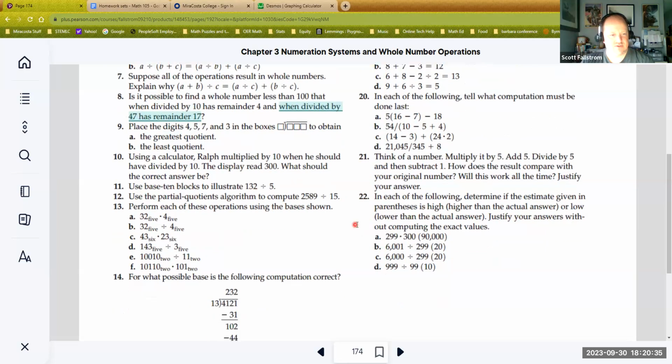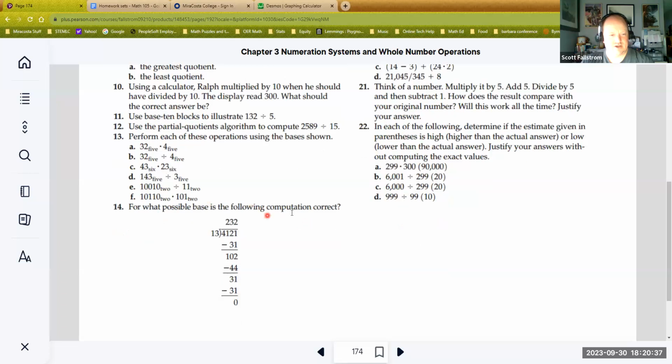Let's see here. What else do we have? What possible base is this? Oh, what a great question. So if you did this question right, what possible base would this be? And it does look like,